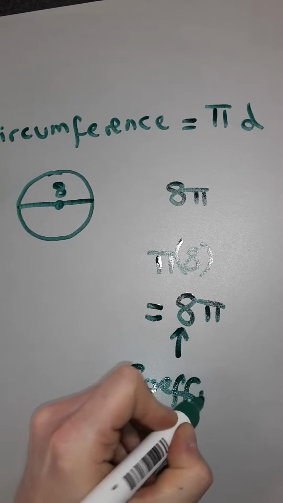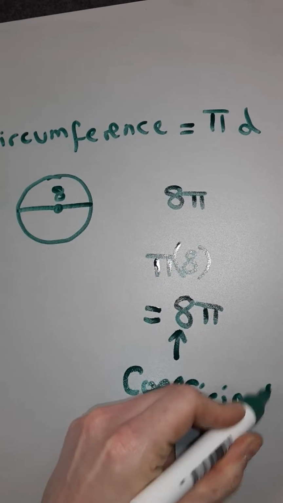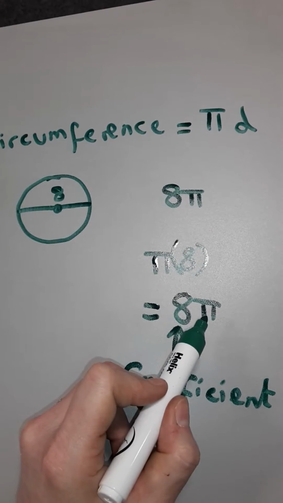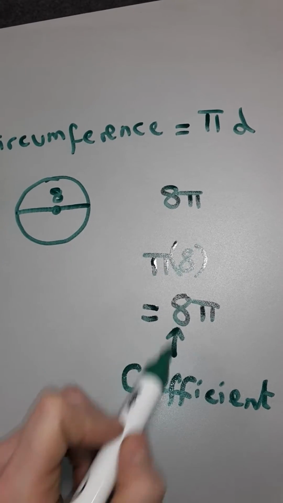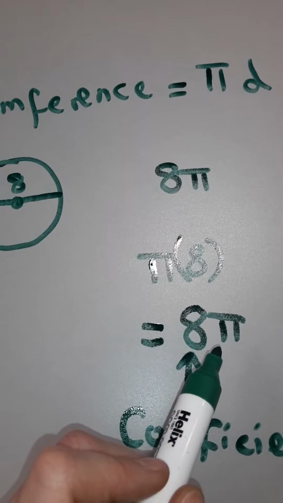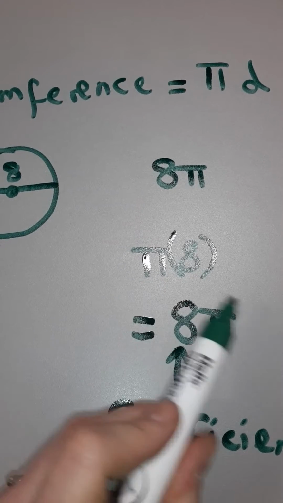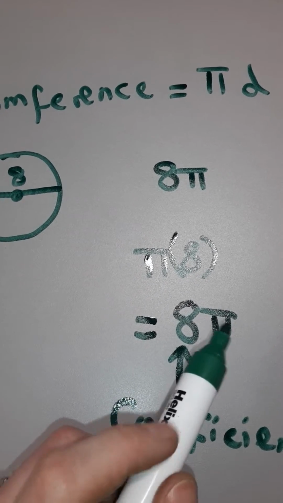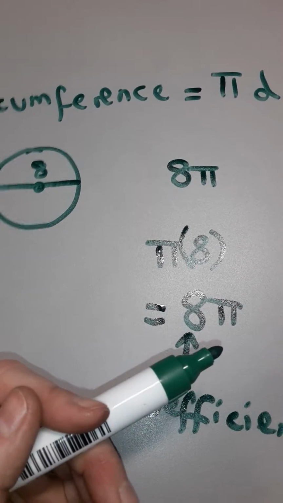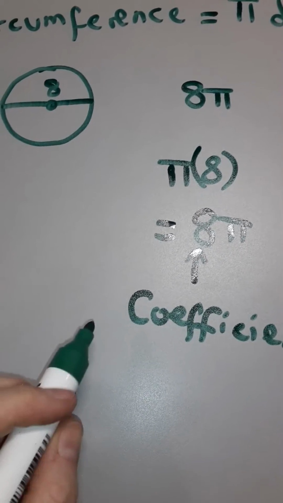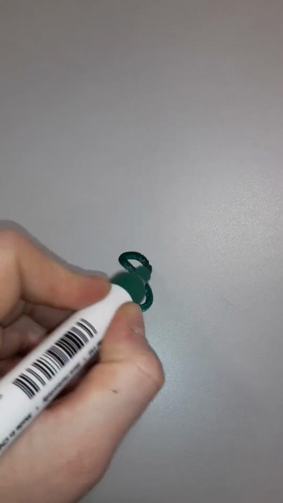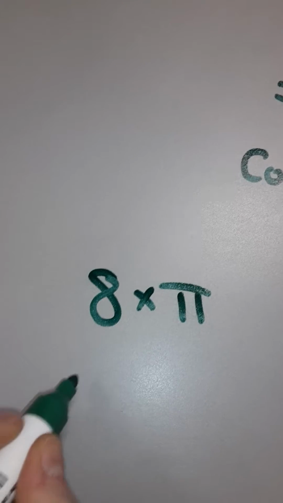A coefficient tells you how many lots of a constant you have. So for instance, this coefficient 8 here tells me that I have 8 lots of pi. And this signifies pi as an entire entity, as an entire number of every single number that is in the list of pi. If you were typing this into a calculator, you would just do 8 times your pi button,